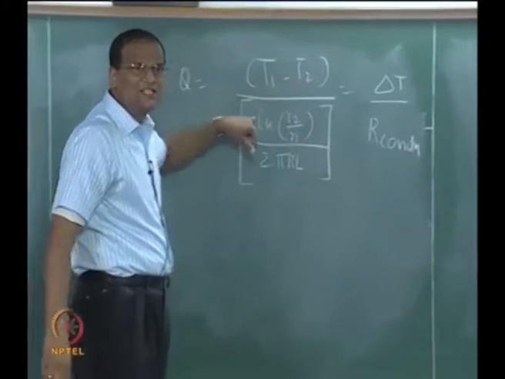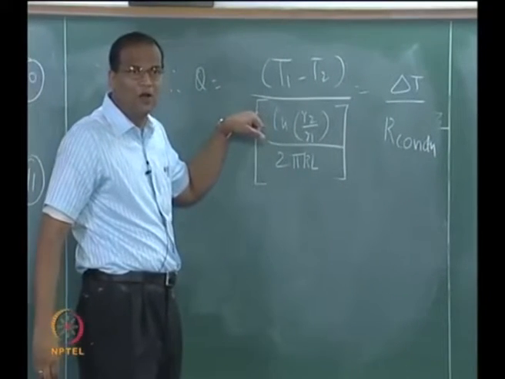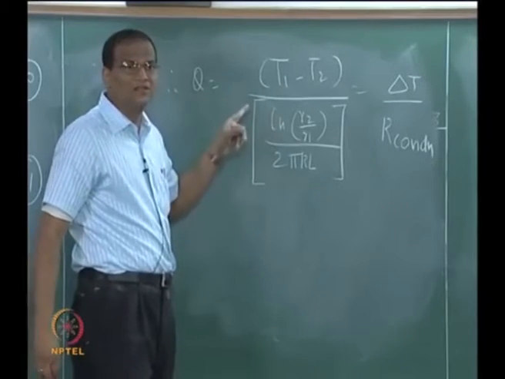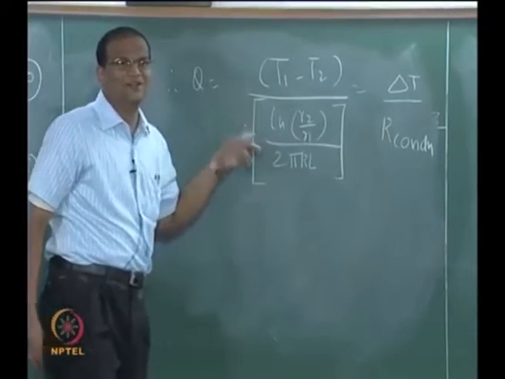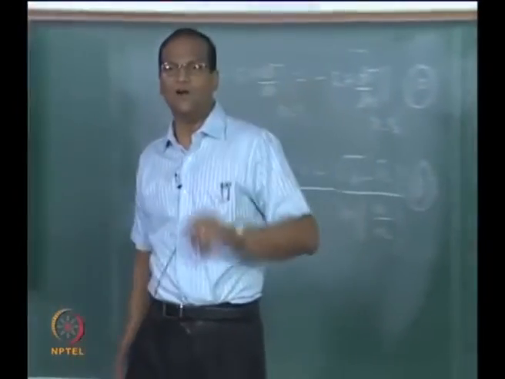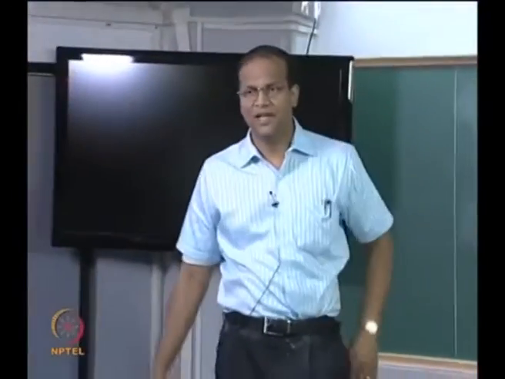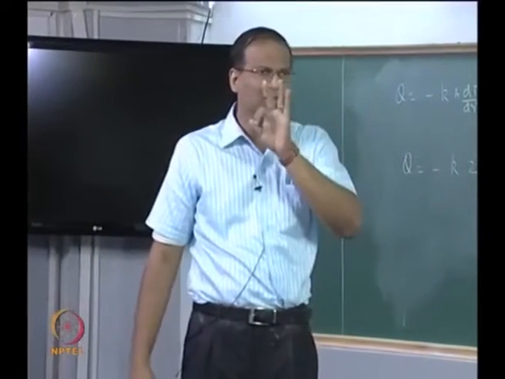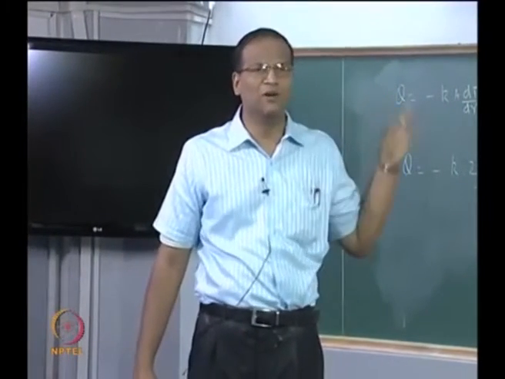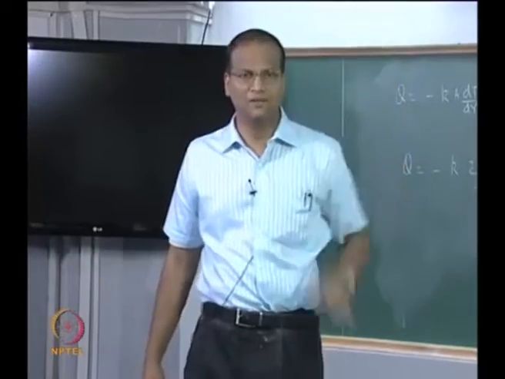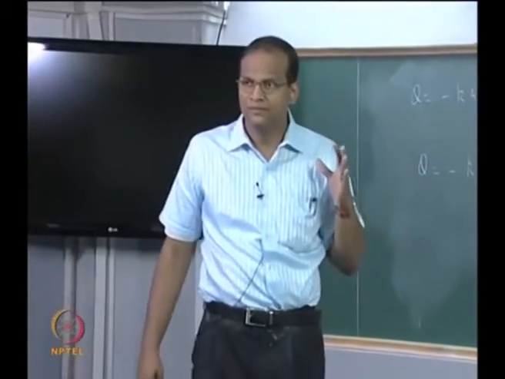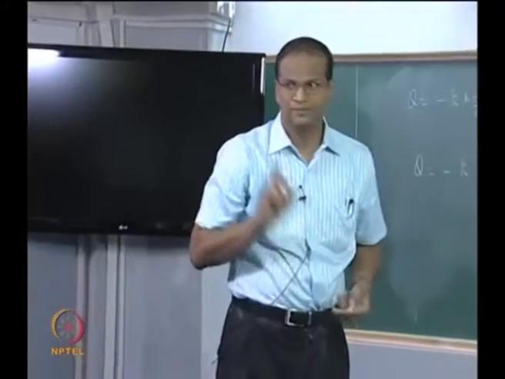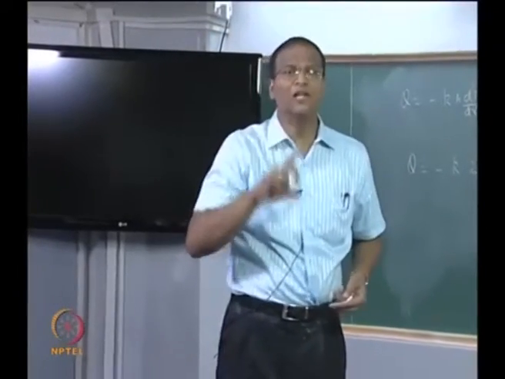Therefore, the conduction resistance involves a log of the ratio of the radii. So the natural log occurs naturally in the case of conduction in cylindrical coordinates. This did not come in the case of conduction in Cartesian coordinates. The only culprit for this is the changing area, 2 pi r dr, that led to A by r, which led to A ln r. Which may also lead to problems